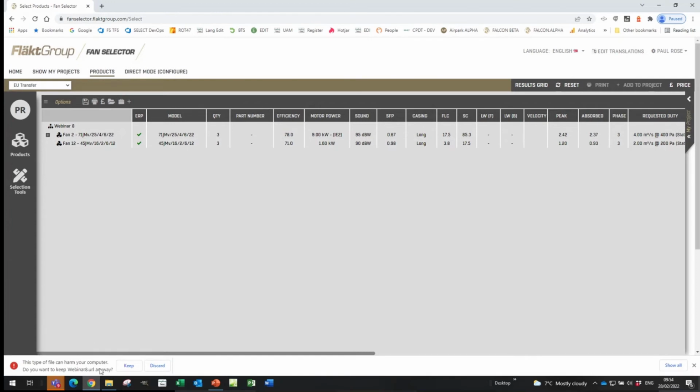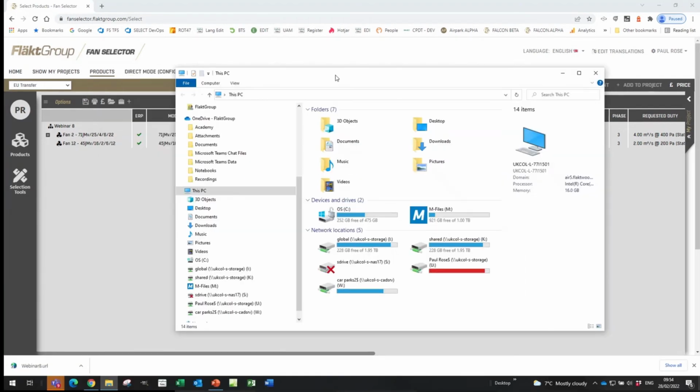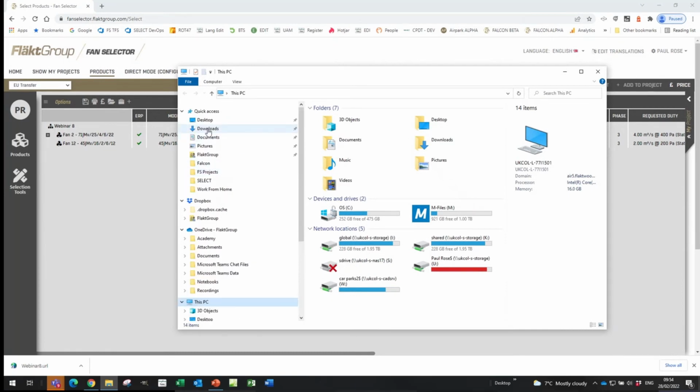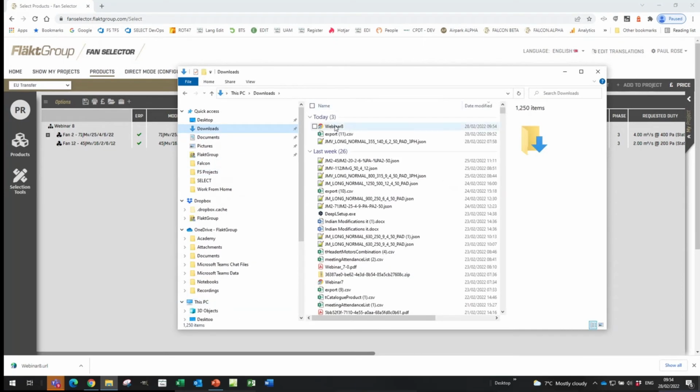you get this prompt at the bottom asking, are you sure you want to keep this? Because a browser thinks a shortcut's at risk. But anyway, we keep it. See, we've got a file here. If I go to my downloads folder, you can see here we've got a shortcut called Webinar 8. It's taken the space out because file names are not best with spaces, but that there is a shortcut to this project. So if I basically copied that shortcut here